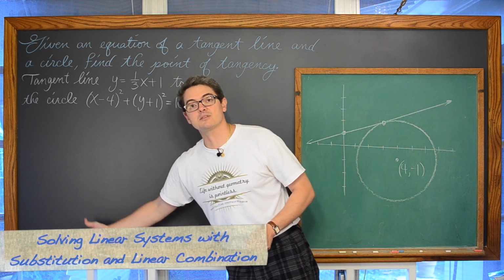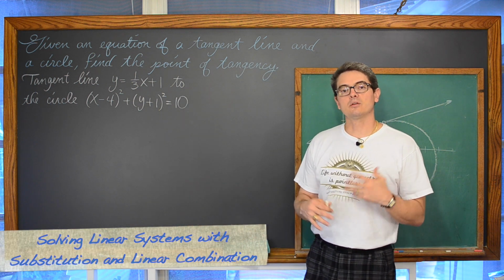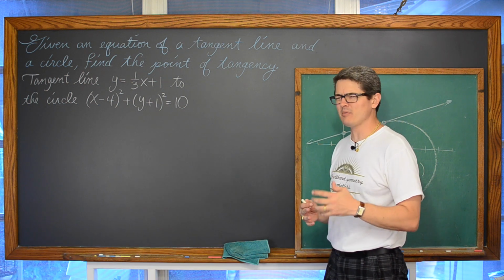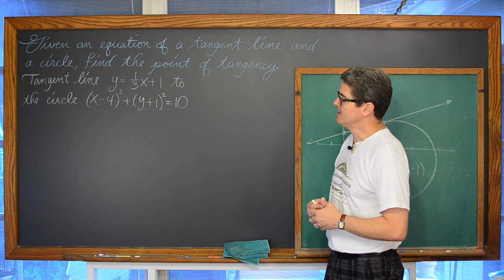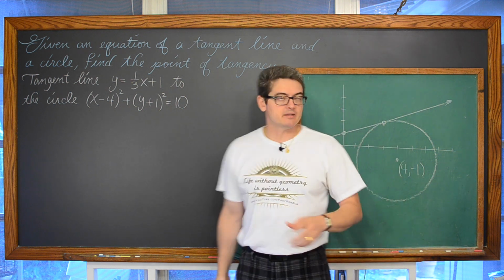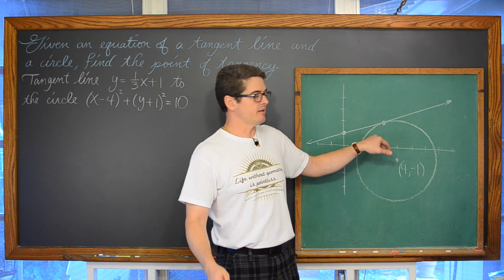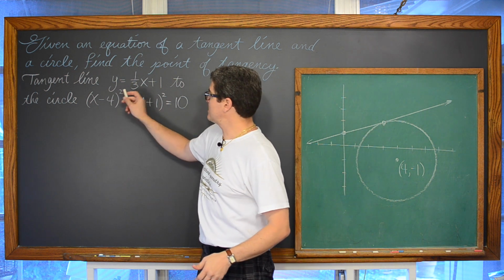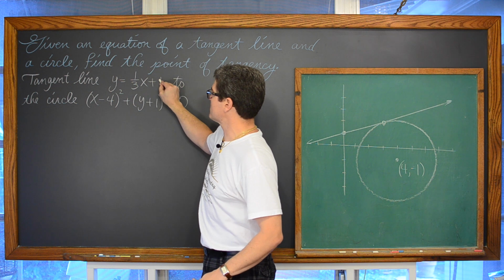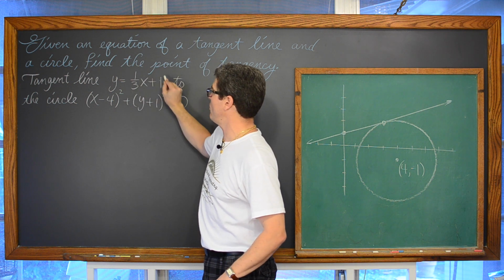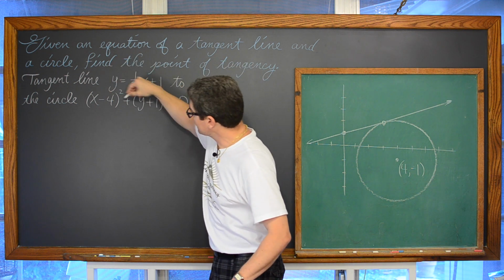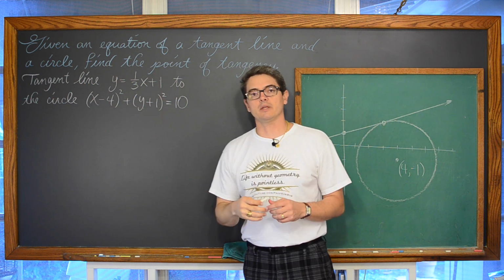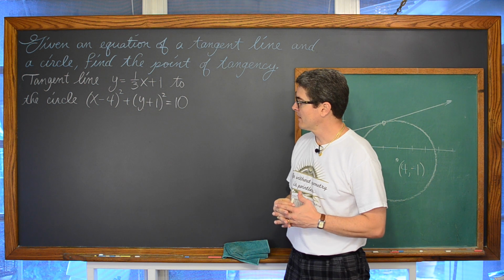And I'll put a link in my lesson here if you would like a little refresher on those techniques, or maybe just learn them if you haven't yet. You probably have if you're watching this lesson. So you know that all we're doing is finding an intersection point between a circle, which is not linear, and a line, and we see that y is equal to 1/3 x plus 1. I can just take that expression of 1/3 x plus 1 and plug it into the other equation for y, and I'll have that one equation in terms of only one variable.